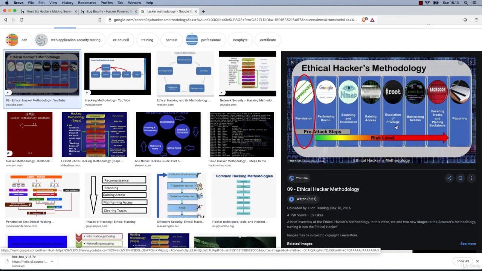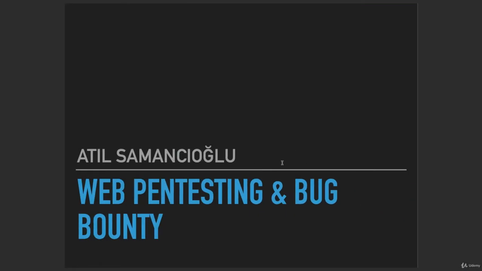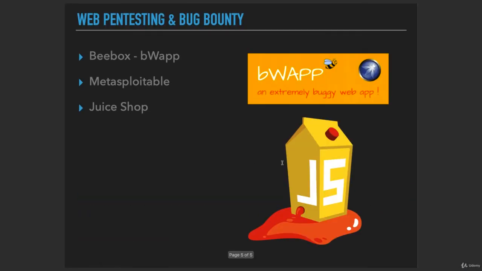I've been teaching this subject for many years, and if you learn this at the end of the course, it will be much better for you. Okay, so we're going to start directly with searching for vulnerabilities and exploiting those vulnerabilities to gain access and to find some bugs that may actually lead to bounties.